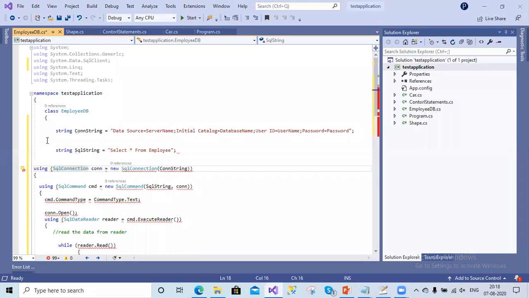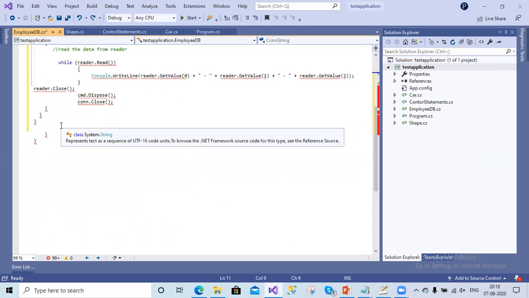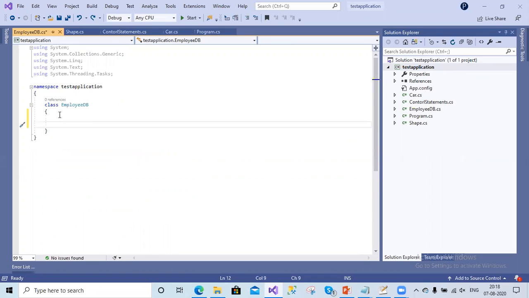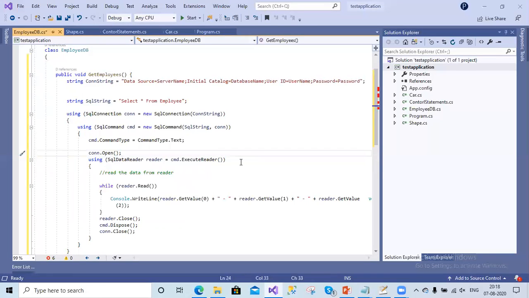And if you press enter, you add that package here. What is missing here is that this code must go inside a method. Let me remove this method. Let's create a method with public void GetEmployees.